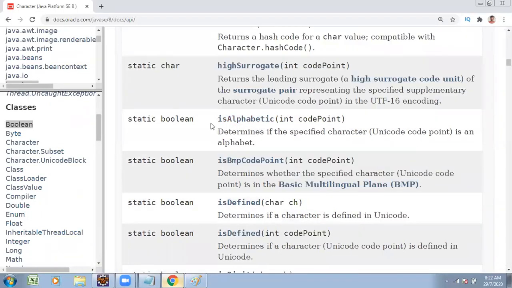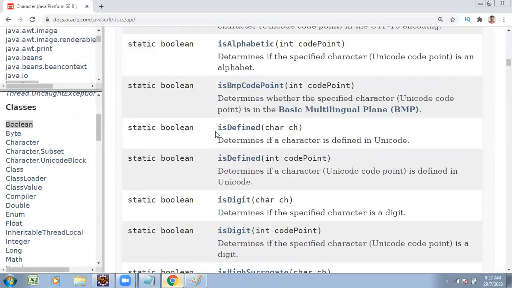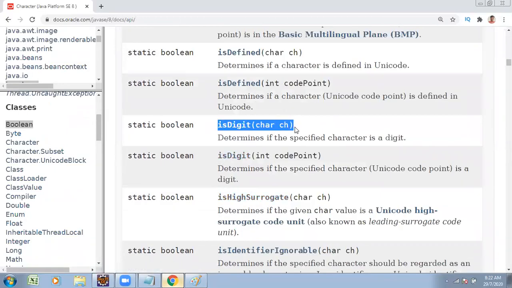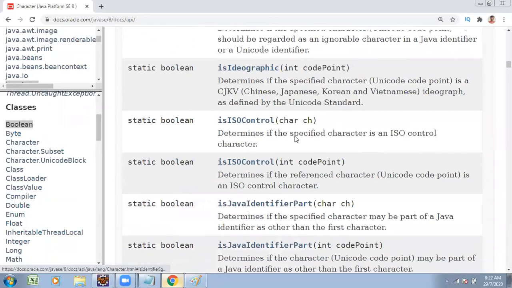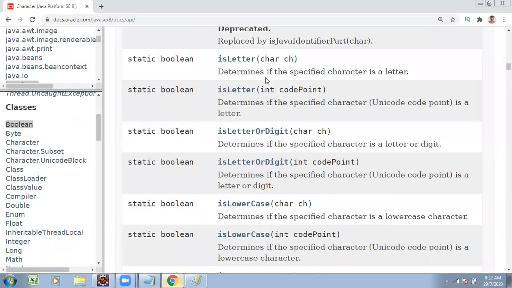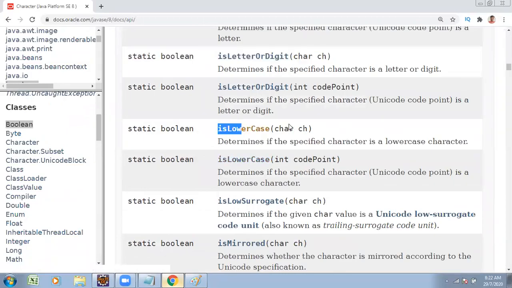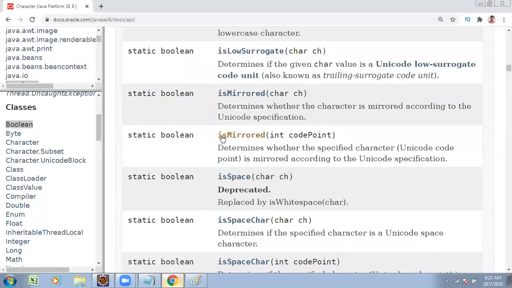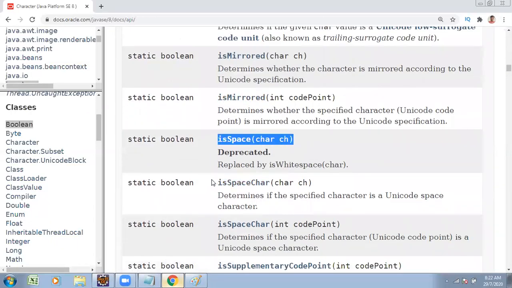Here I used is digit method. Is uppercase method. Is letter, check whether that is letter or not. Either lowercase or uppercase, any type of letter you wanted to check. Is letter method. Is letter or digit method. Is lowercase method. Is space method. Is white space.